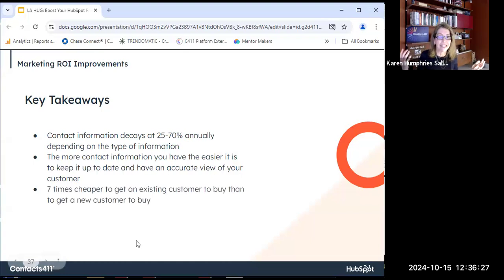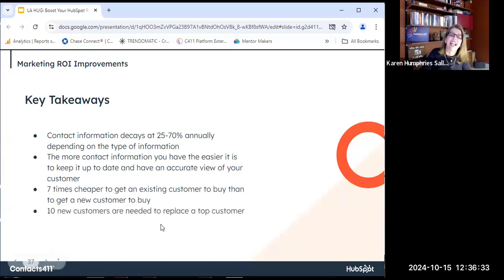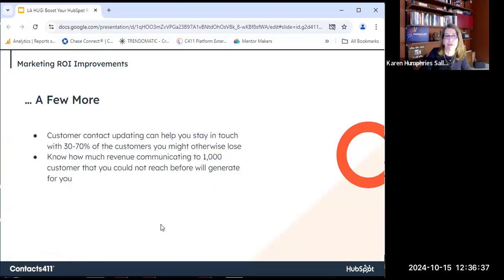7 times cheaper. Like literally, tell all your friends. This is my favorite number. 7 times cheaper. And typically 10 new customers are needed to replace the top customer. A couple more. When you're doing contact updating to help you stay in touch with customers,